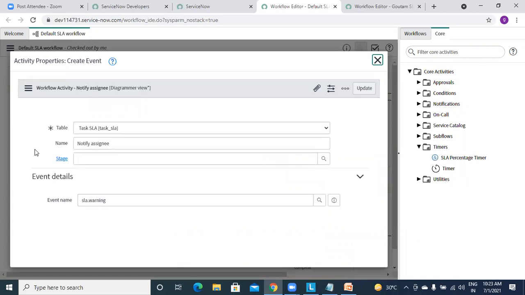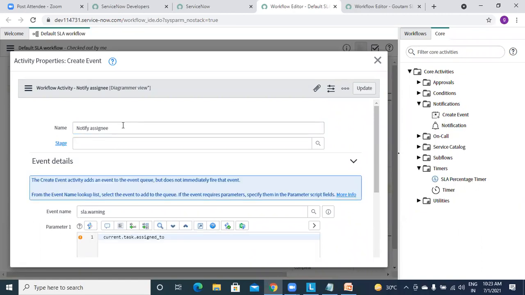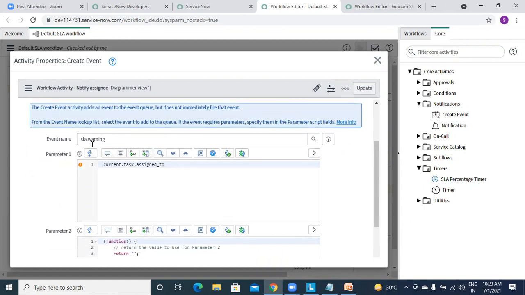Inside that you can see this is also a drag and drop functionality, and mostly we will have that inside notification. Okay. So just give some name, and this is your event name which I was explaining to you, and we will see about events in detail in tomorrow's session, and we will even see how we can call an event normally from workflow, how we can call an event from script, and what are the ways we can call our event. Okay.